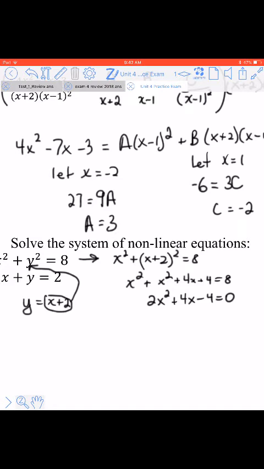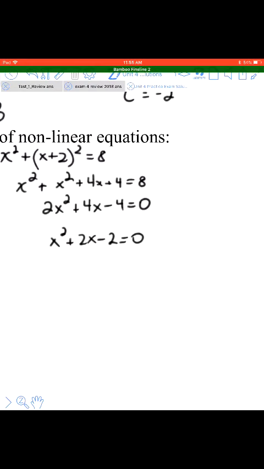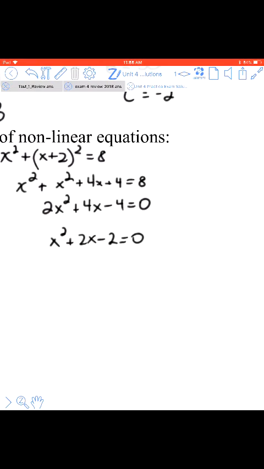Now we can divide everything by 2. And when you get to this stage, oftentimes you can easily solve this quadratic equation by either factoring or using square roots. Unfortunately, this one is a little different. It's less common, but it does happen from time to time where you have to solve at this point using